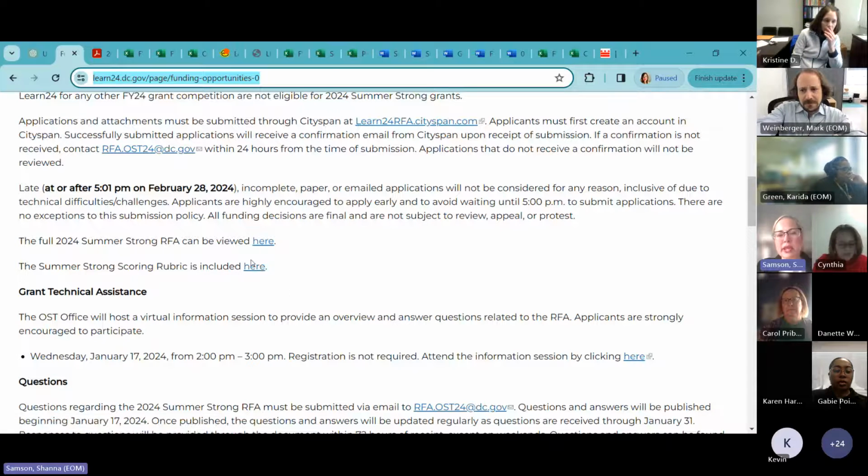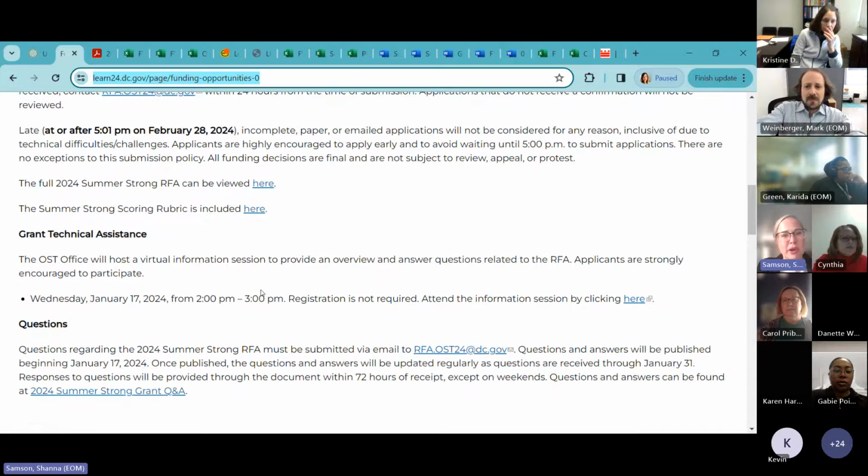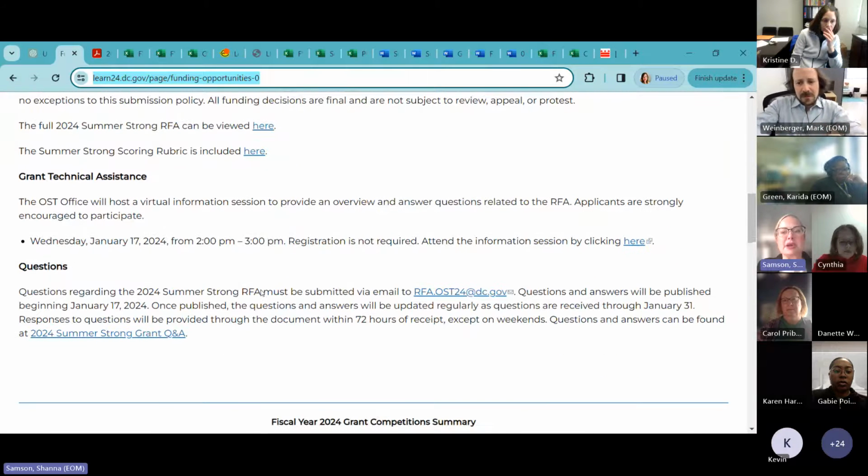We always encourage people to look at the rubric because you want to respond to what we are actually evaluating you on. Each of the questions has the scoring, which demonstrates how we will score folks. So you want to make sure you're really hitting the mark when it comes to how reviewers will be assessing